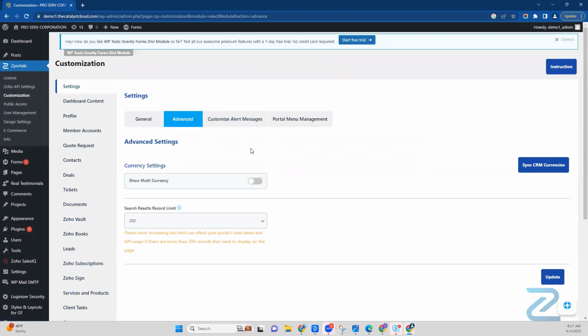This advanced tab allows us to configure multi-currency. For those organizations that have it, this will be quite useful for you. We also have the search record limit. So this is quite important to point out. If you have a module that you want to display or records you want to display in the portal where you know there are more than 200 discrete records in Zoho, we can either fetch different groups of records at